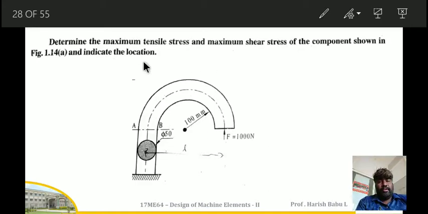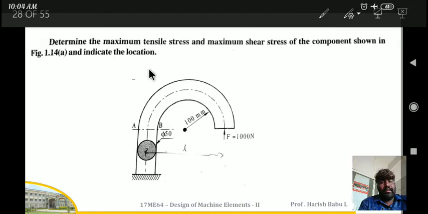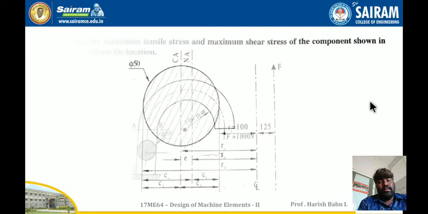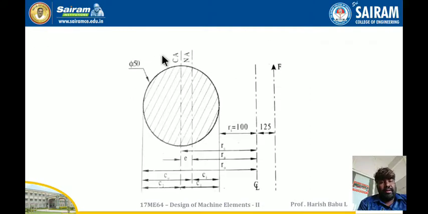So in this video, we are going to continue the problems on curved beams. Let us consider a problem: determine the maximum tensile stress and maximum shear stress of the component as shown in the figure, and indicate the location of the maximum stress. So construct the boundary free body diagram with the central line of curvature, force, CA and NA and all other